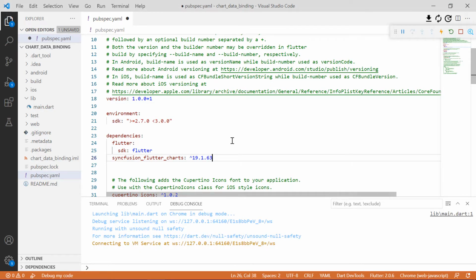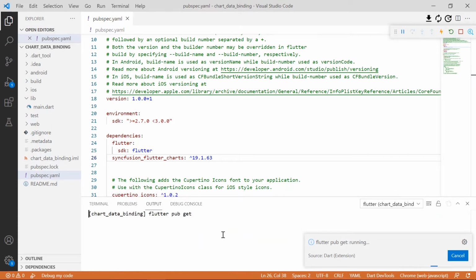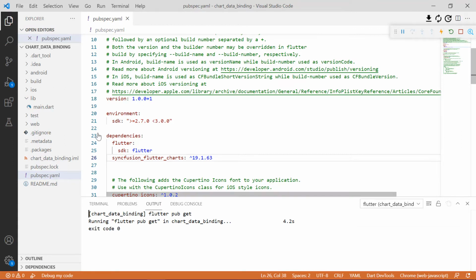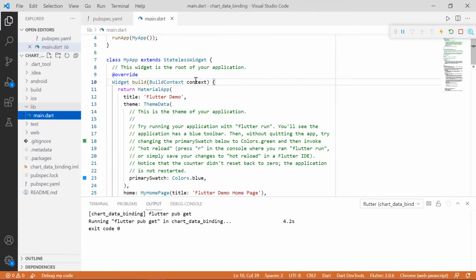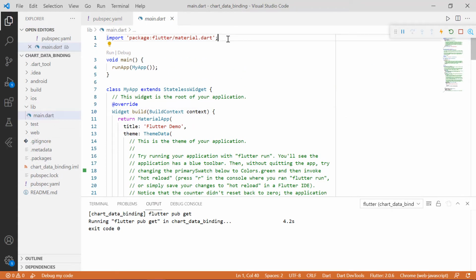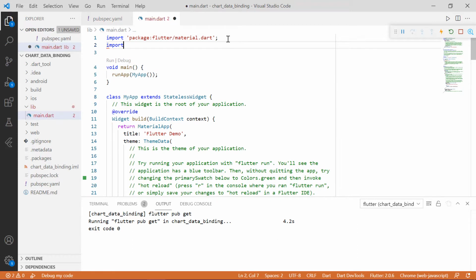And when we save the file, VS Code runs the command flutter pub get to download the package. The download is completed now. Now open the main.dart file and import the charts library. So we can use the charts widget in this file.